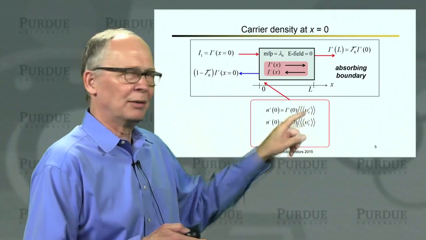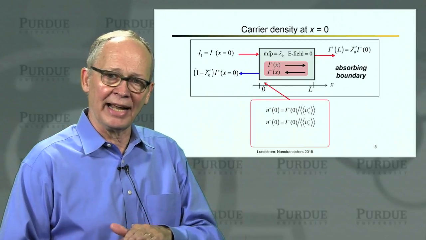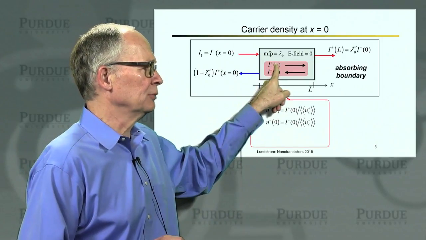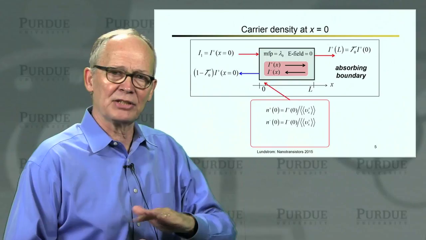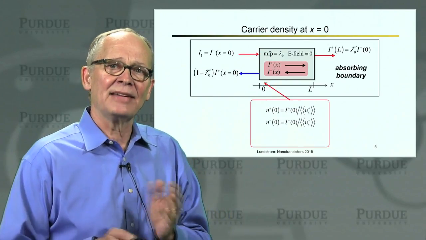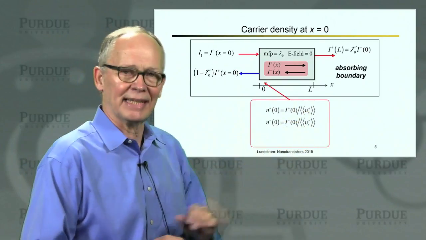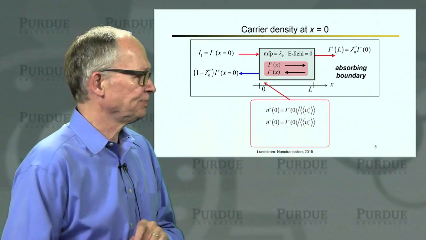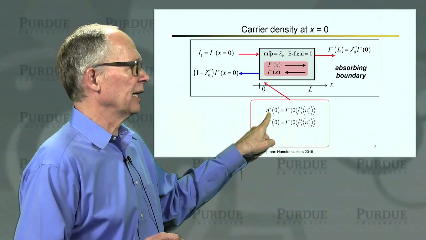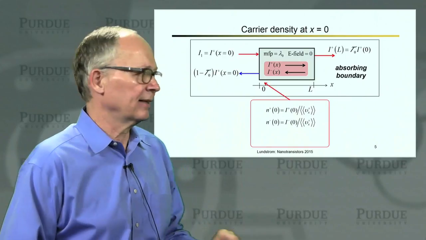Here are my double brackets. The first brackets mean I'm averaging over the angles. If these are electrons moving in the xy plane, we've averaged over angles so that this is the average velocity in the x direction. Then I'm also averaging over the energy channels. That's the second set of brackets there. So we have a simple relation for the electron density due to positive velocity electrons.